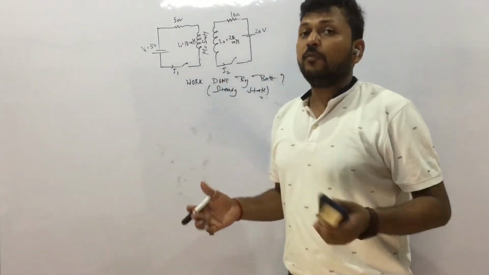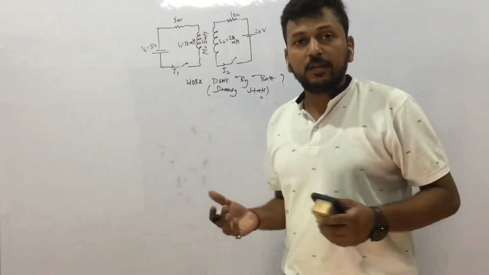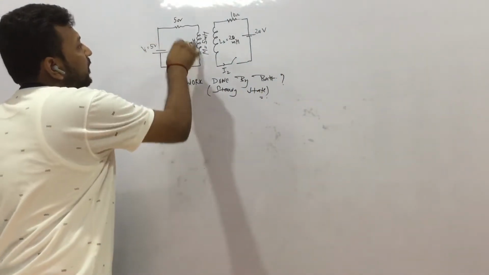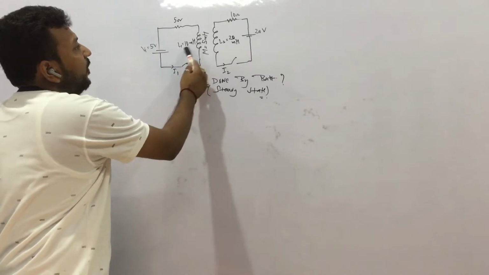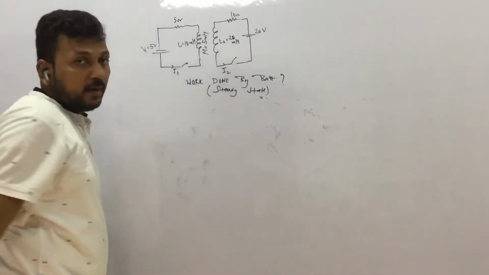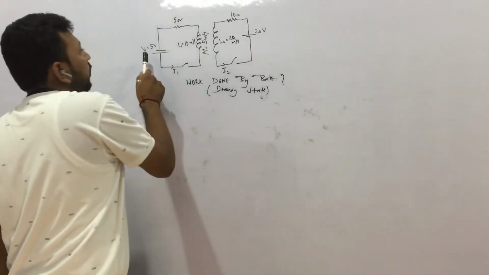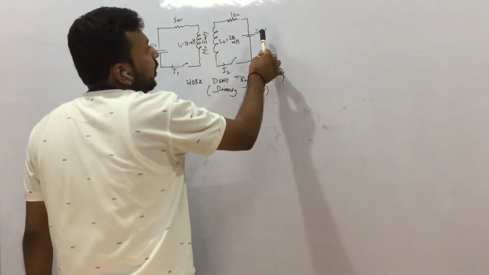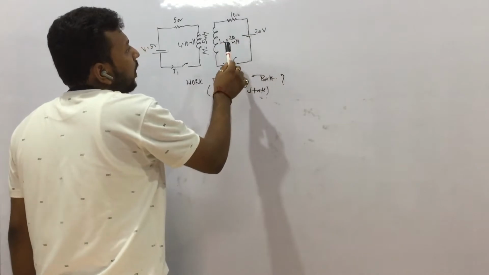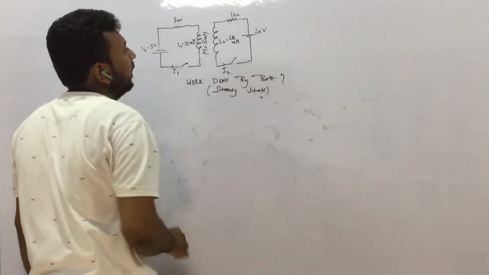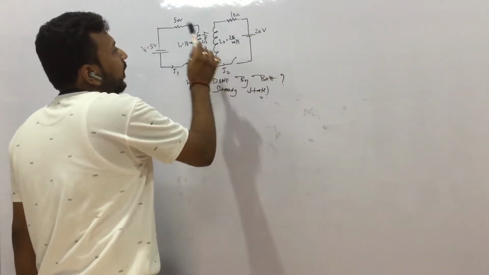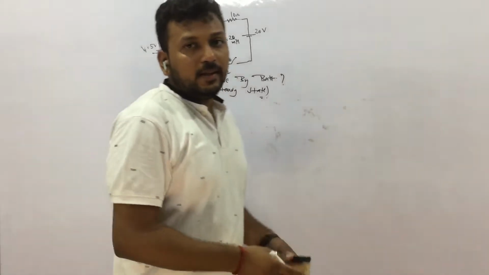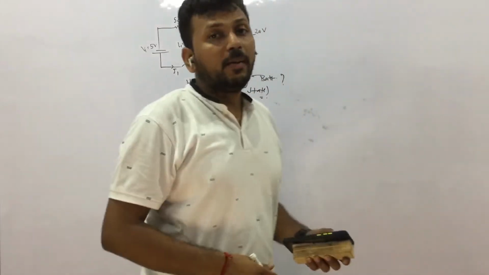Today we have another question for JEE Mains and Advanced. This time it is from physics. There are two circuits. One circuit has an inductor of L equal to 10 millihenry, voltage 5 volt, and resistance 5 ohm. Similarly, we have another circuit with voltage 20 volt, resistance 10 ohm, and L equal to 20 millihenry, and there is a mutual inductance of 5 millihenry in between. Till the steady state is reached, we need to find the work done by the batteries.